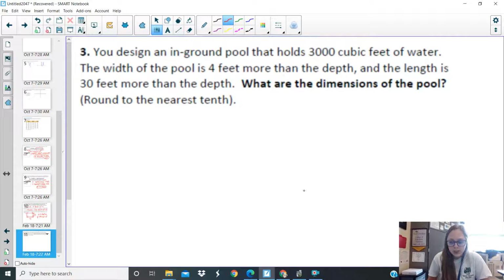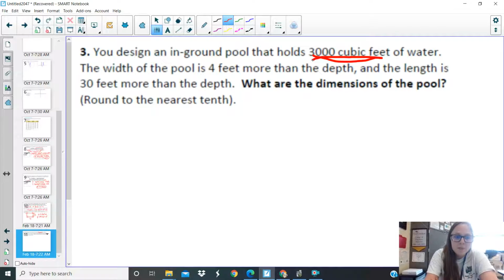So this one's for an in-ground pool, which is another situation where you have a little open box because you don't want a lid on it. And we have the width of the pool is 4 more feet than the depth, and the length is 30 feet more than the depth. So our main variable here is going to be depth, and then the 3,000 cubic feet,